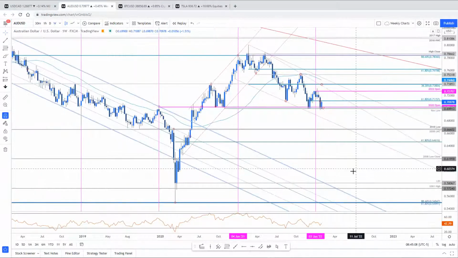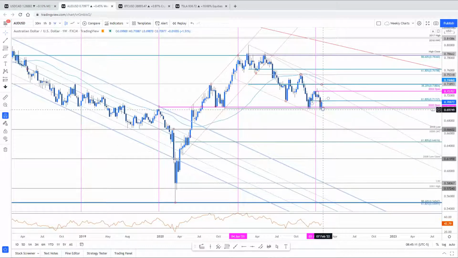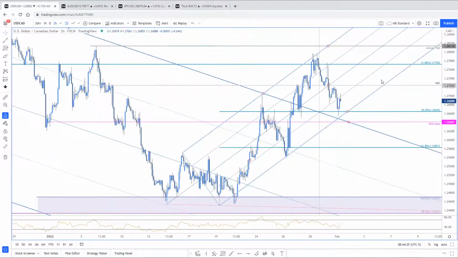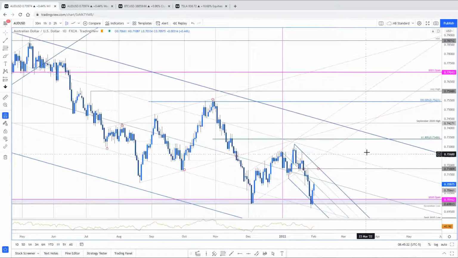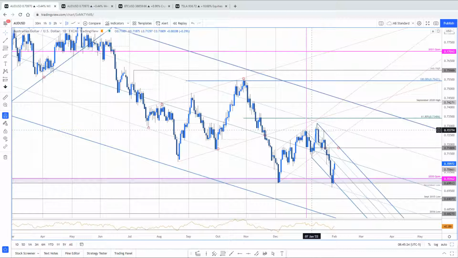Not too surprising. Again, here's some divergence, real subtle into the lows, price action making a lower low, the oscillator not confirming that low. Here's what Aussie looks like on the daily charts, right? Even within the confines of the near-term pitchfork, this is objective high, low, high. Here's the lower parallel. Here's that critical support zone we're talking about. Here's the reversal. Beautiful play, beautiful play.